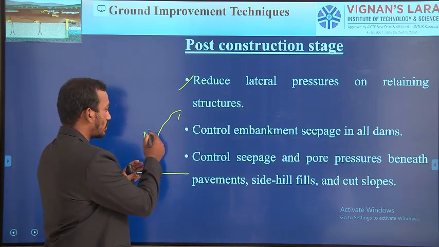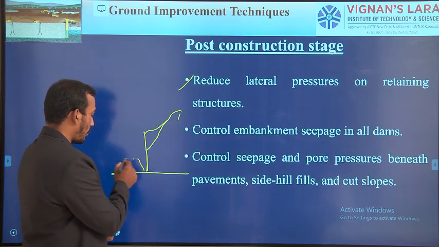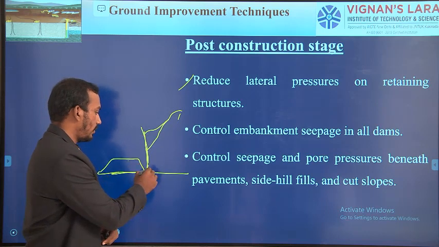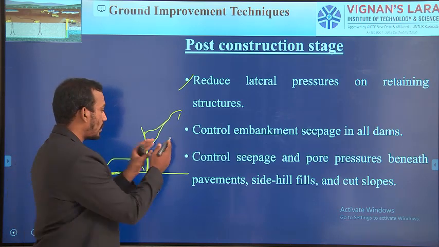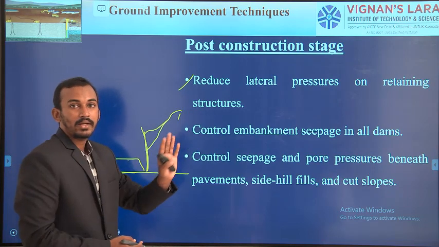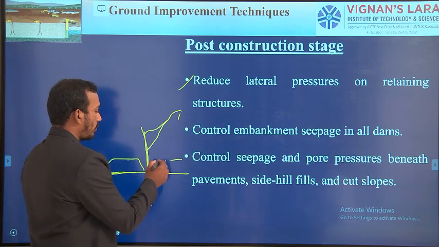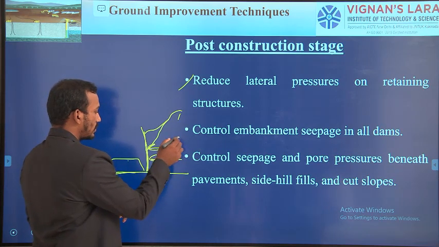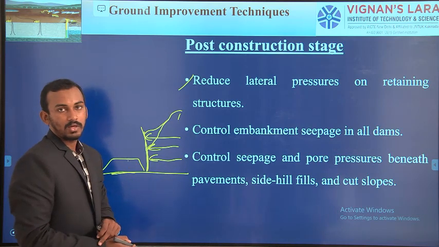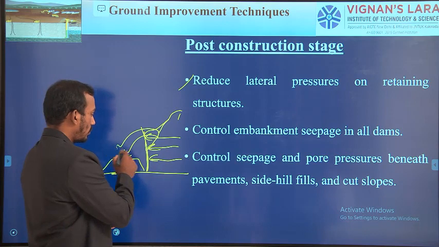So the purpose of this retaining wall is to retain all the soil. Here we have a road pavement. Here we have a road and we constructed a retaining wall to prevent all the soil from falling on the road. If any water is present in this soil, then it imparts some horizontal loads on the retaining wall, which results in a failure of the retaining wall. Once the retaining wall fails, all the soil will fall onto the road.